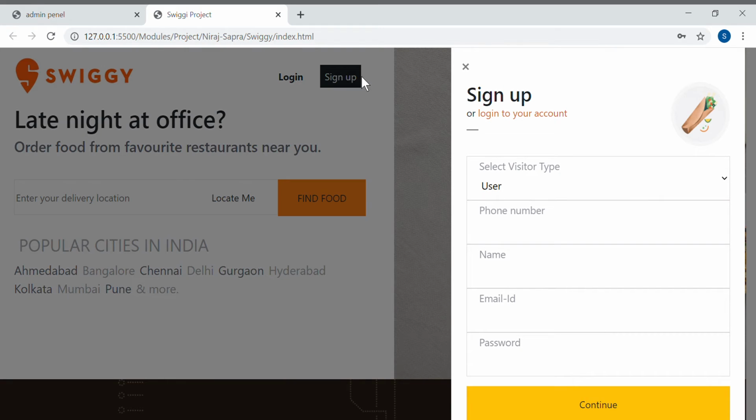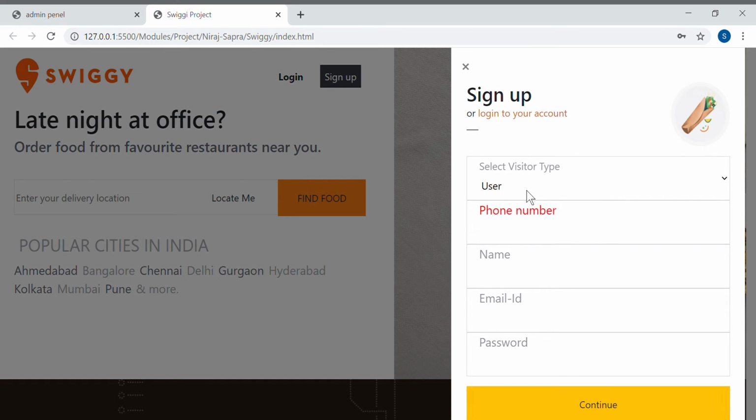Here there are two types of users given: the first is an admin panel and the second is a customer panel. So two types of users can be given, first an admin and second a user, right? Here we add a phone number and, using jQuery, some focus and blur events. So validation is also applied.